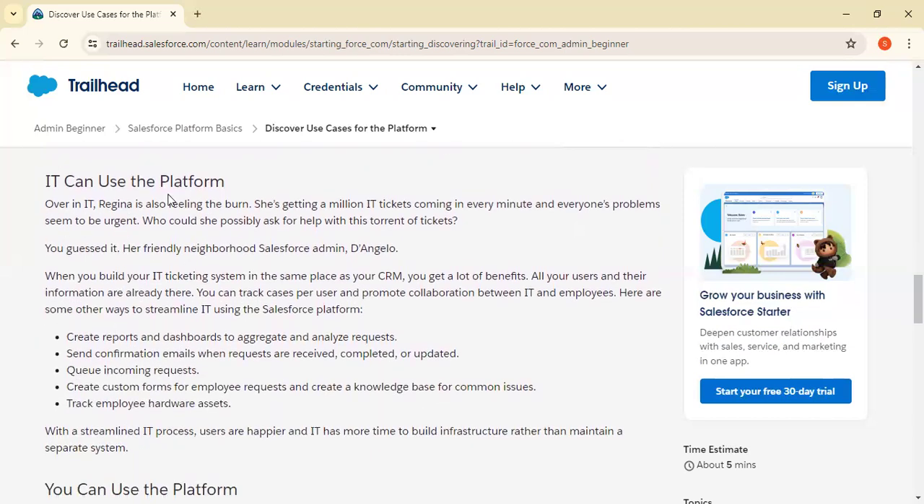Next, IT can use the platform. Over in IT, Regina is also feeling the burn. She is getting a million IT tickets coming in every minute, and every one seems to be urgent. Who could she possibly ask to help her with this torrent of tickets? You guessed it, her friendly